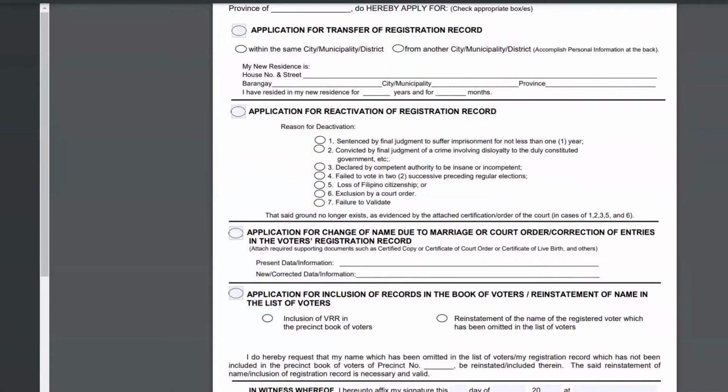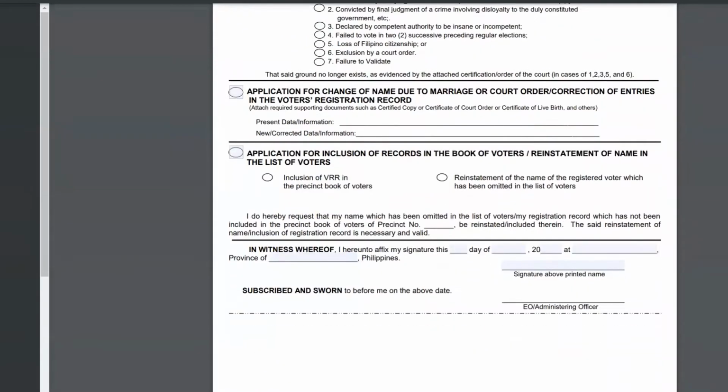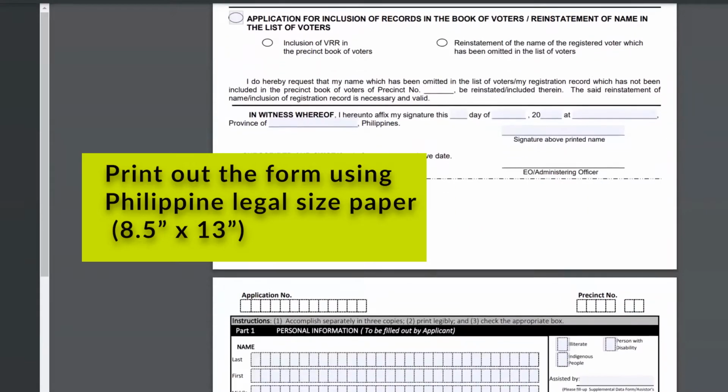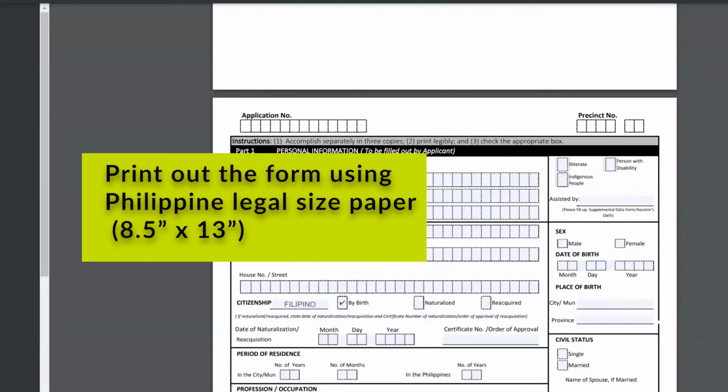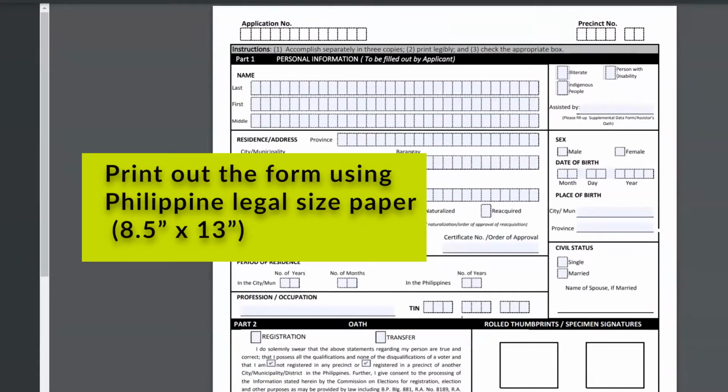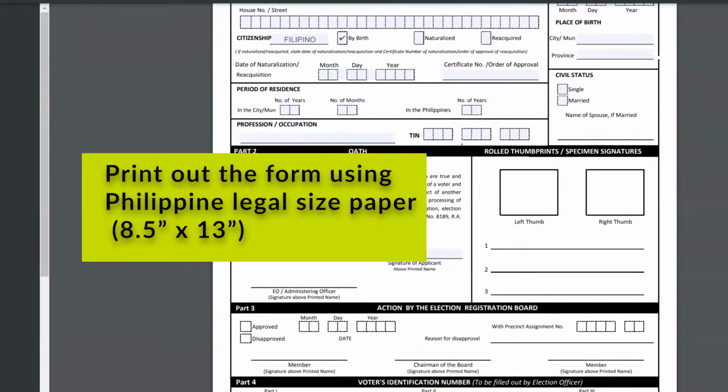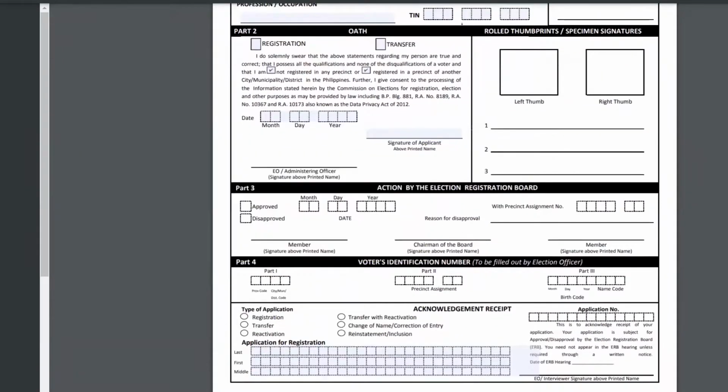Number 2, you can accomplish the form either manually or digitally. Please take note that you have to print out the form using Philippine legal size paper, 8.5 inches by 13 inches. When filling up the form, remember,